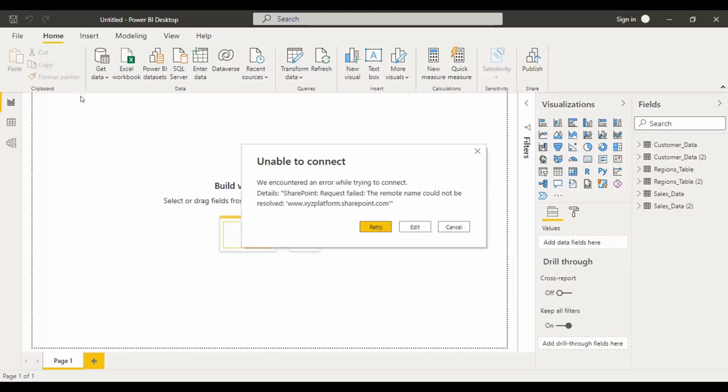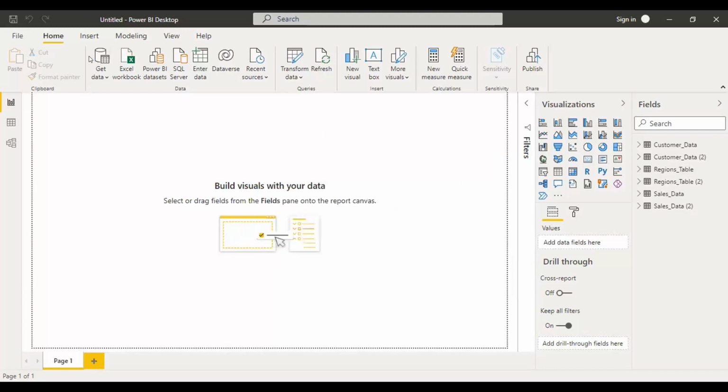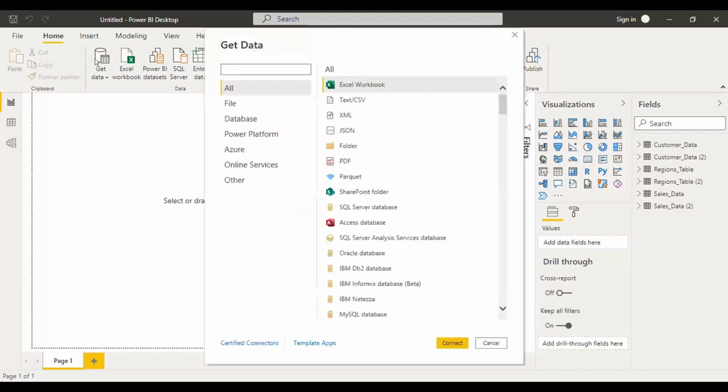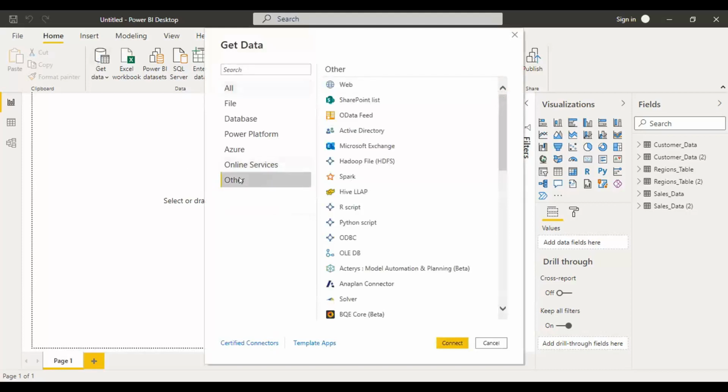Next, I want to show how we can retrieve the data or import the data from OData. For that, go to Get Data again. Then click Other and go to OData feed and click Connect.